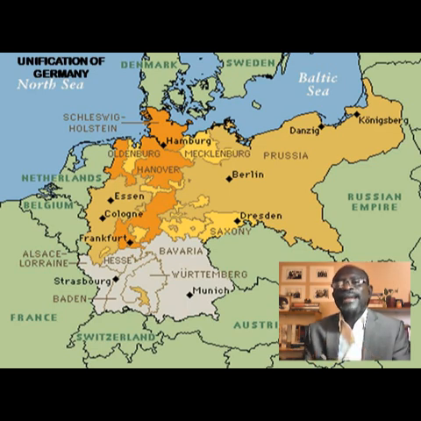Because we clearly established the fact that France will always resist any attempt at all for the Germanic states to come together, unify, and become a single nation. So subsequently, after the defeat of Austria, Bismarck now began to prepare himself towards conflict, imminent conflict with France. Now, all of that